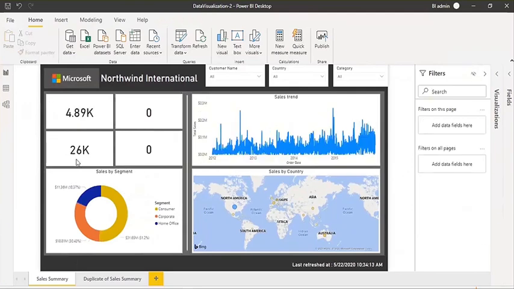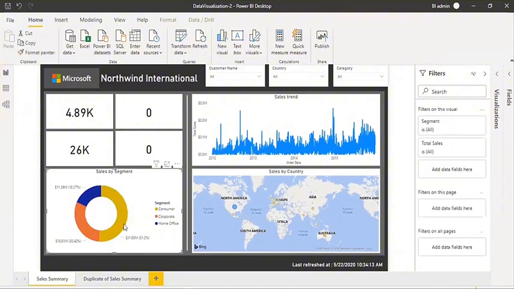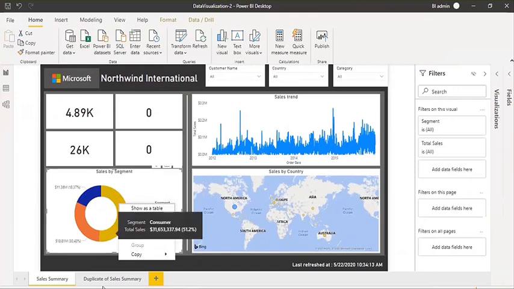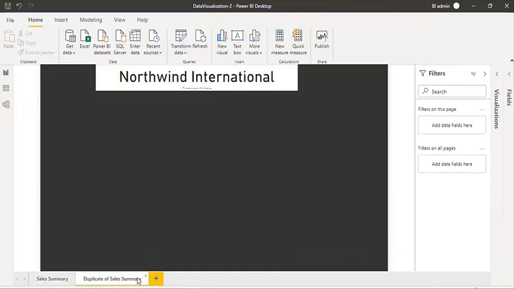So now what I want is, on the sales segment, right, I can see this data, but I want that if I right click, I can see the detailed transactional level data for each segment, right? So when I right click, I want to see one more button, so that I can drill through from this page to another page based on the selected value. And here, what is the selected value? Segment consumer, right?